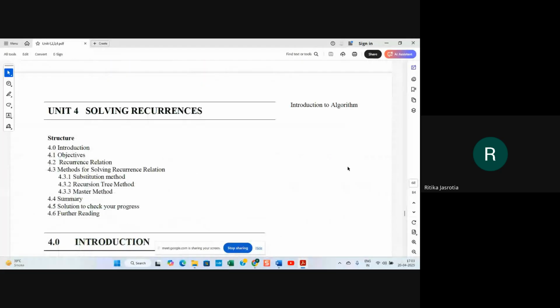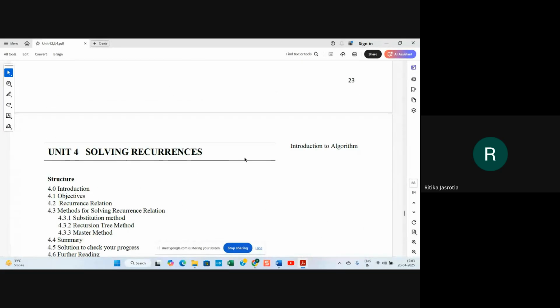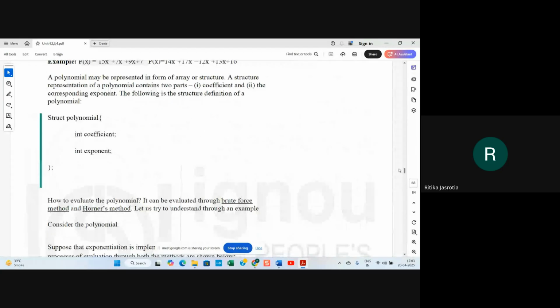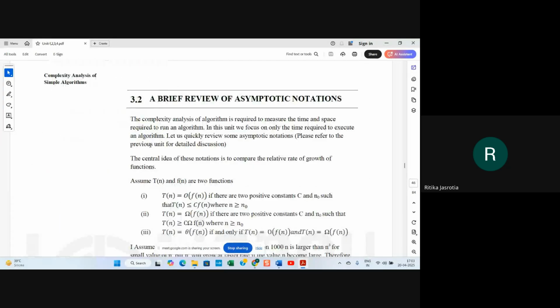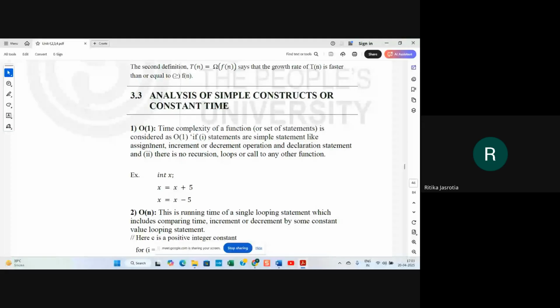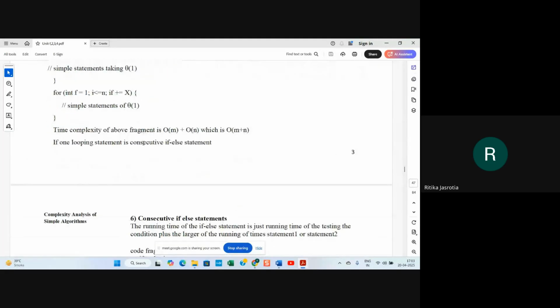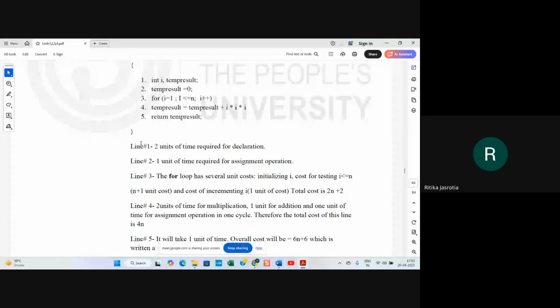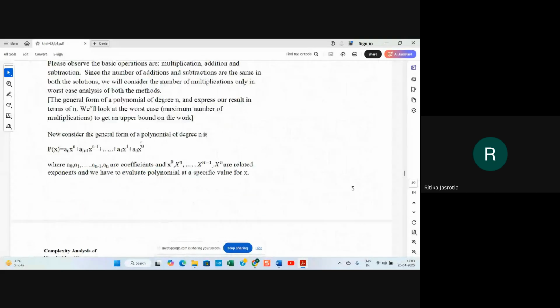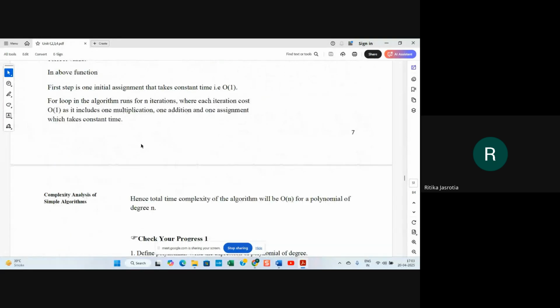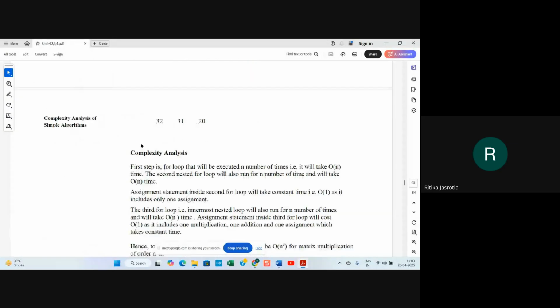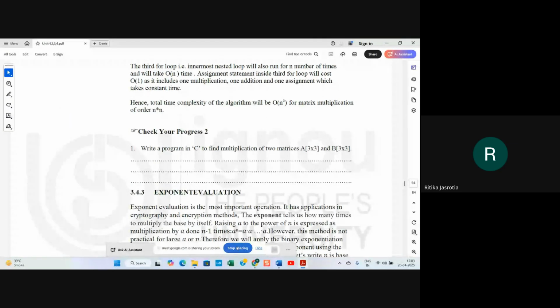So we will find out. There is another topic, which is solving recurrences. We will do it in the next class, right? But just go through the complexity analysis of algorithms. There are some algorithms which are compared with log n time and all that, so just go through them. We will talk about binomial exponentiation and other examples given in the practical sessions also, when our practical sessions take place. So you can go through them.